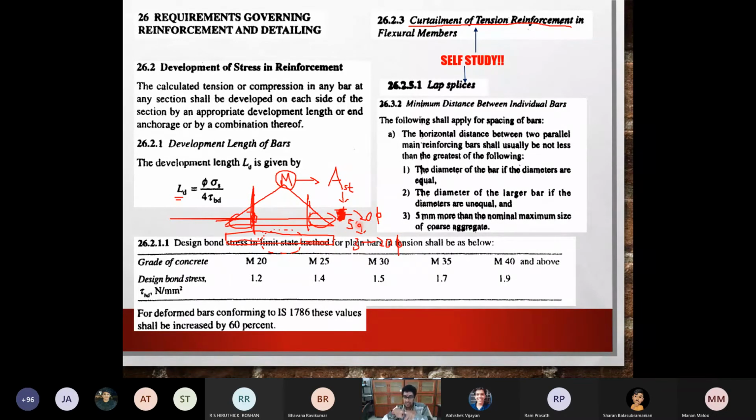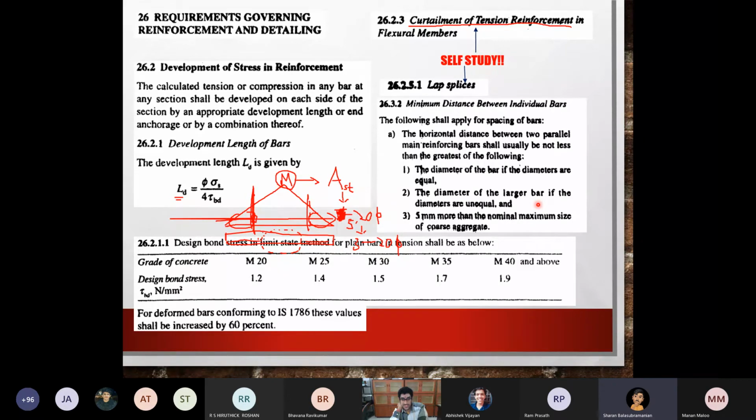As a follow-up question, I can ask you, if you have 2 reinforcements or any number of reinforcements which are spaced very closely to each other, what practical problems come? The hint is there in point number 3. If some reinforcements are very closely spaced, what is the practical problem that will be faced? So the coarse aggregates won't settle in that region.